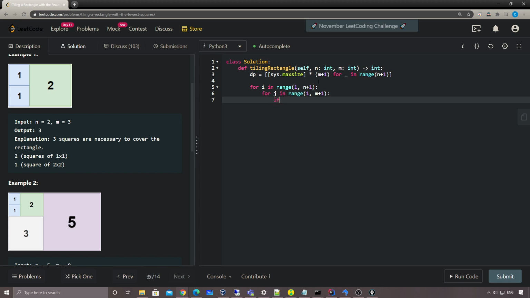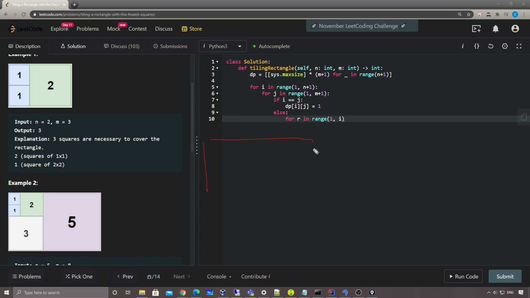Then, like I said, if i is equal to j, then we have dp[i][j] equals 1. Else, for row in range from 1 to, ideally we should do it from 1 to i plus 1 here, or 1 to i. But whenever we do a split, let's say vertically, we only need to consider the half size, because